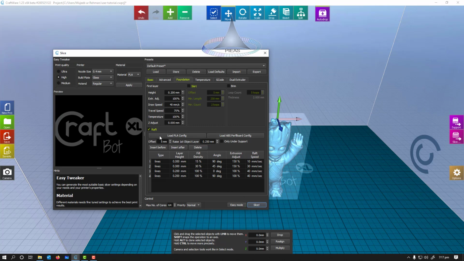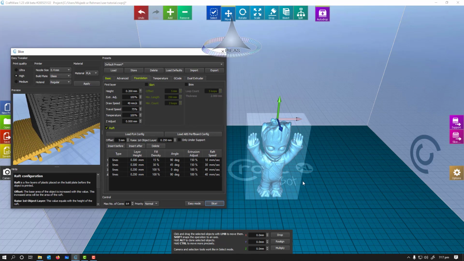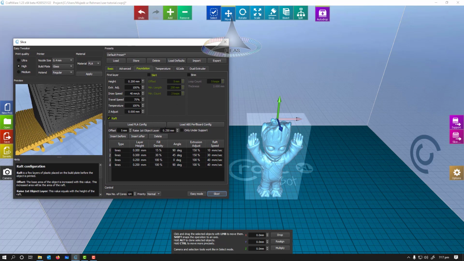raft. Basically, what will a raft do? It will add extra layers, an extra bed beneath this part, and it will be offset by 5 mm. For example, if I slice this part, a number of layers will be created below this part, and it will provide good adhesion to the part being printed.